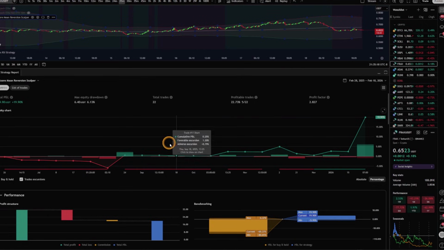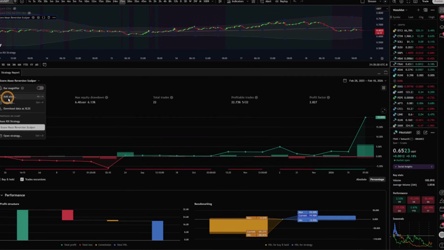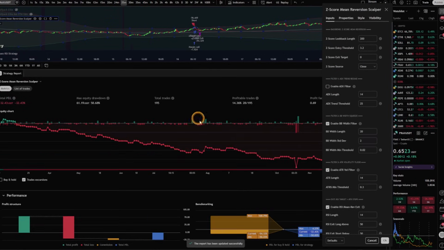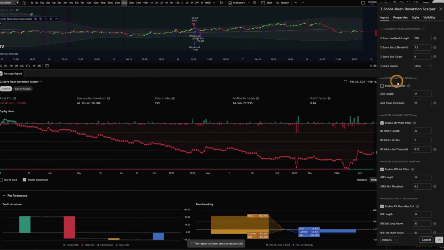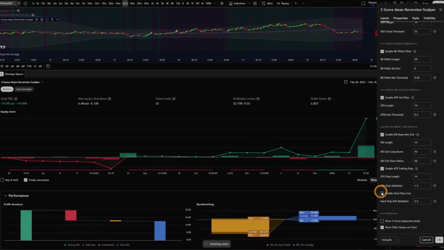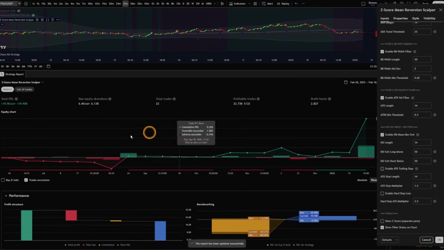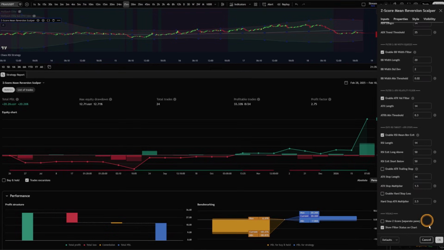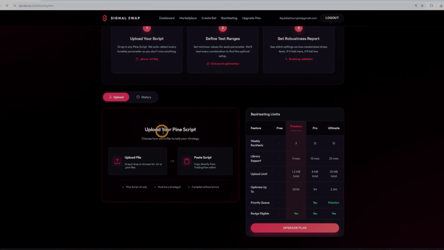Now, the thing is, I could tinker with these settings. I noticed that the default settings, I could just keep tinkering with these. I noticed that the filters actually help a lot, like these flat filters that I added in, which really help out. And there is the optional stop loss, which let's see if any of these have any impact at all. I could probably tinker with them for a while,